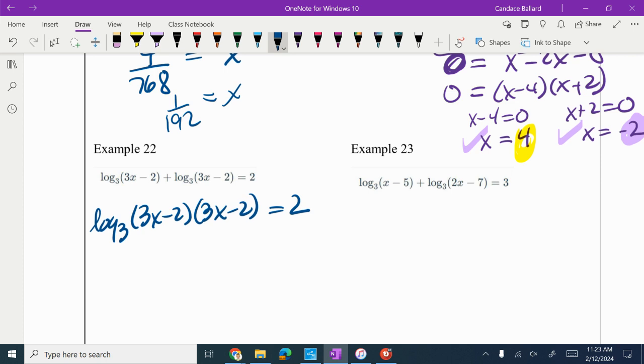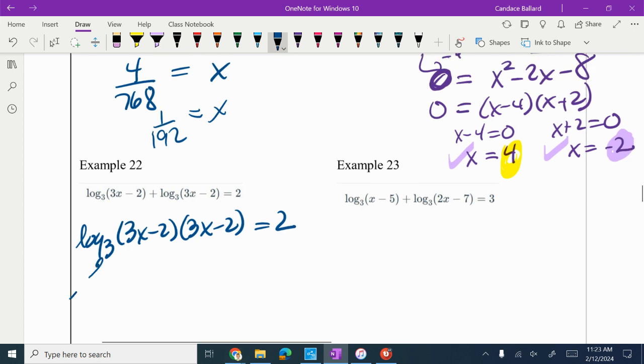Interesting. All right. I have a binomial times a binomial. What algebra do I need to do there? I've got a FOIL. Could I have done the foiling in this first step here? You could have totally if you wanted to. Okay. If you're the person that needs to see it written out like that, then write it out. Okay. All right. So I've got log base 3